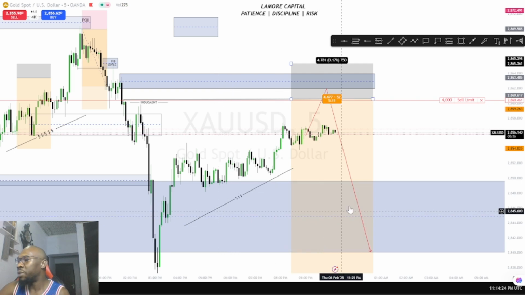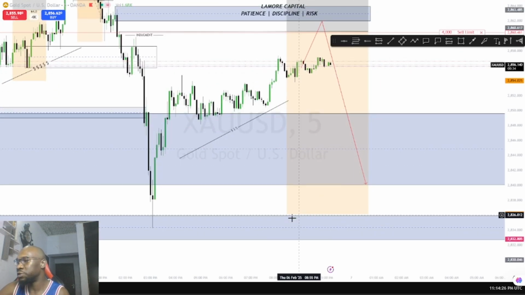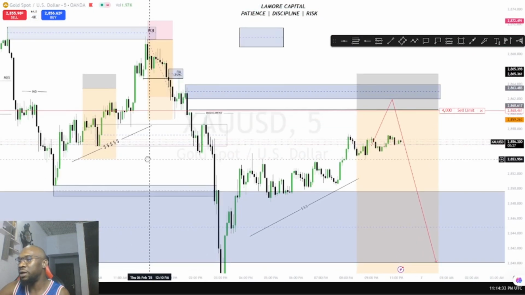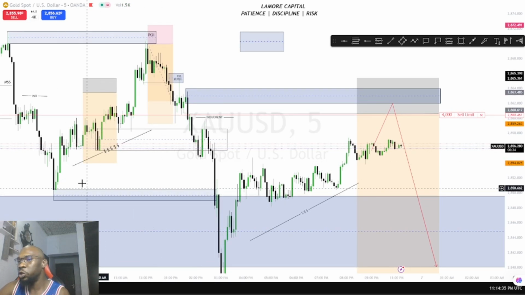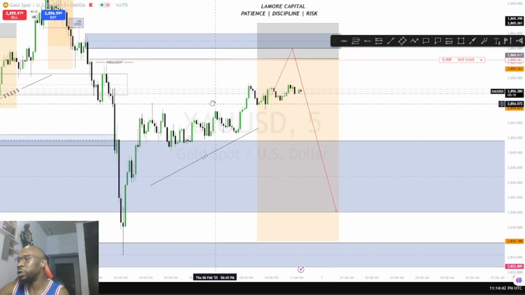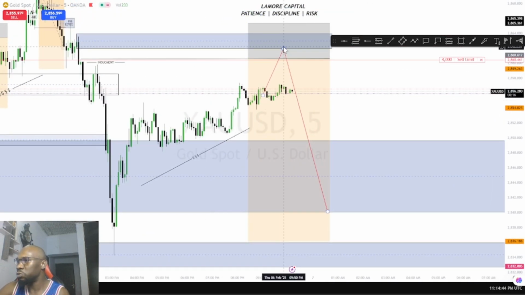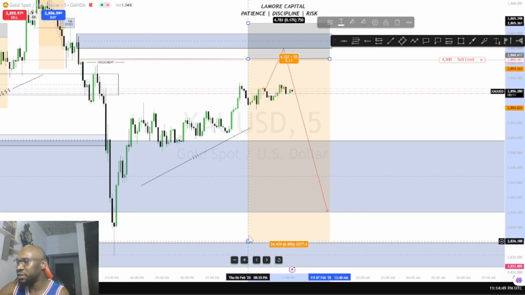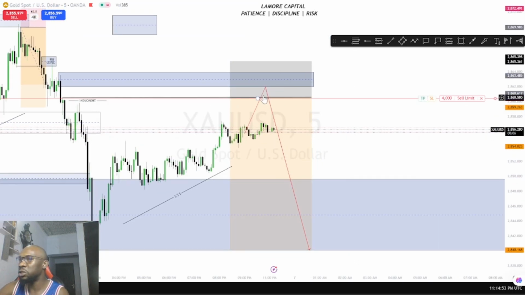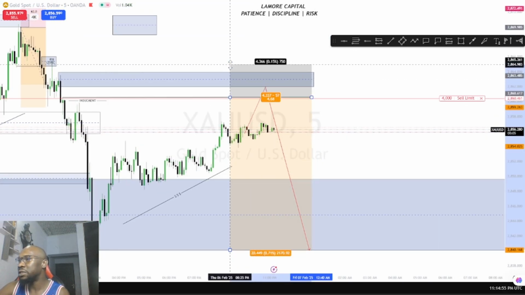So where am I taking my profits? Why am I taking profits here? Because the whole liquidity lies here. Don't forget, where did we take our last profit? The whole liquidity that was cleared here. Can you see? So what are we also expecting here? We are expecting that when it comes to our point of interest, we are clearing this whole liquidity. I like to be on the safer side, so I clear this liquidity. So what are we actually targeting?